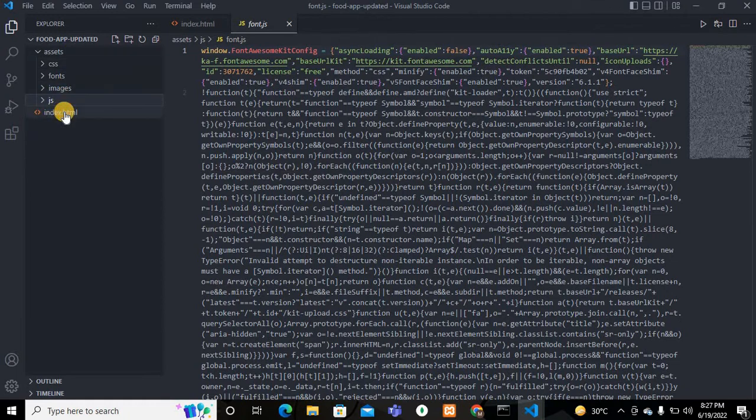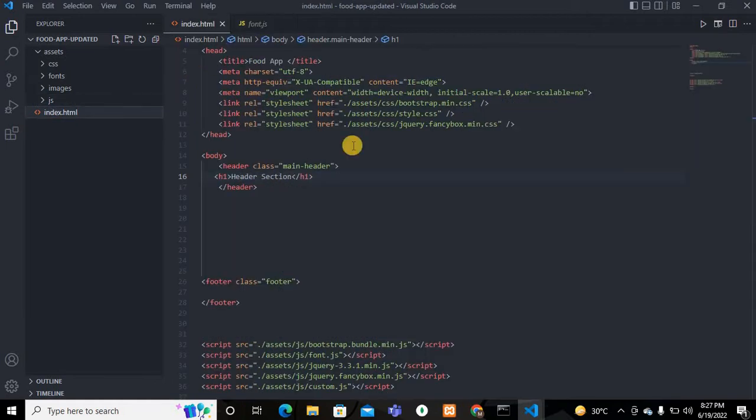So let's move to the index.html file, and first I will create my header. Okay guys, first in this header I have used the container class, which is the Bootstrap default class for container. So container is the class name